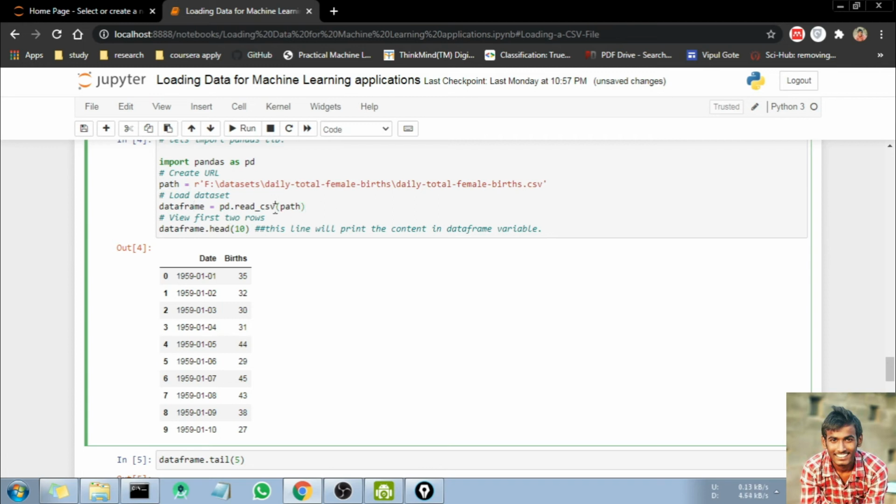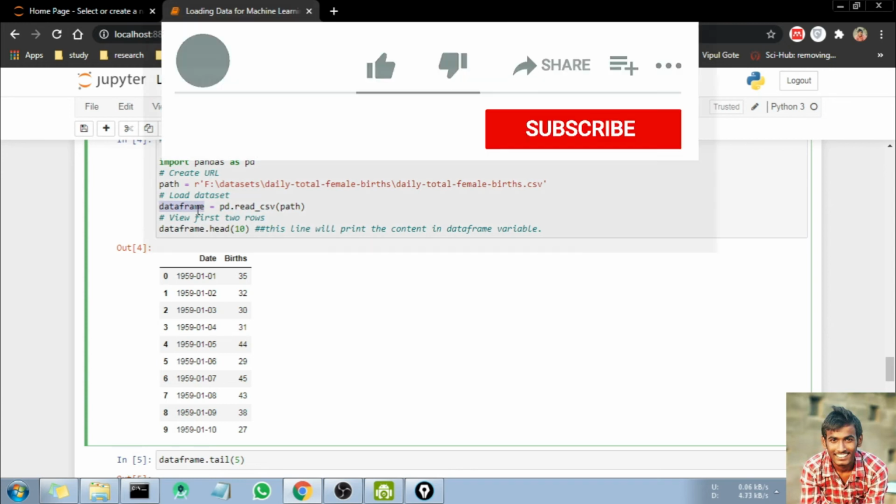Now I'm going to use pd.read_csv, mention this path, and this function will return a data frame. A data frame is very similar to an Excel sheet, and I'm going to print the first 10 rows of this data frame.